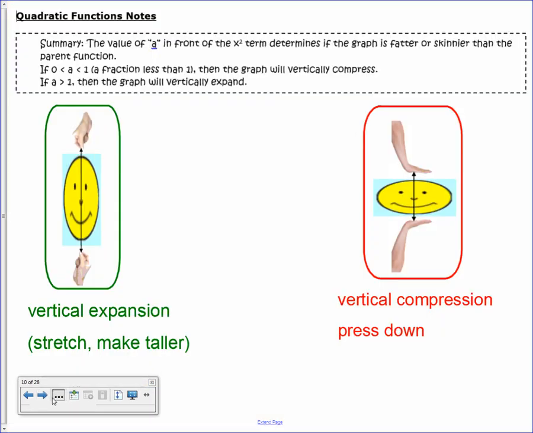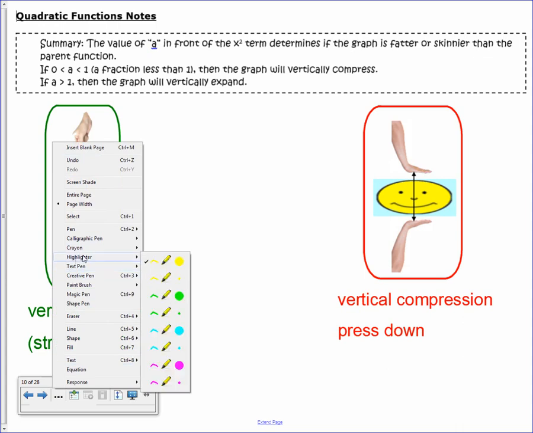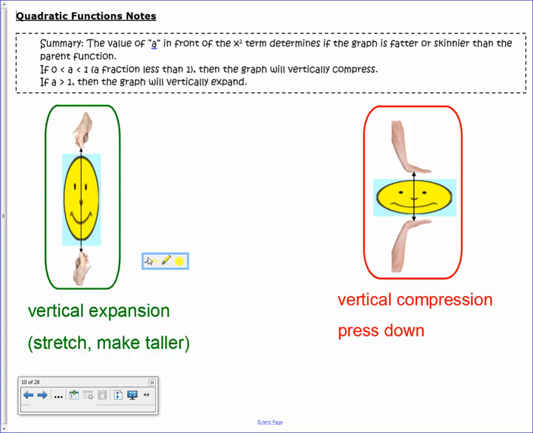All right. So now please look at today's notes. At the top, it has a summary and it has some information. So I have a highlighter here, but what you can do is underline this information. Okay. Right here it says,